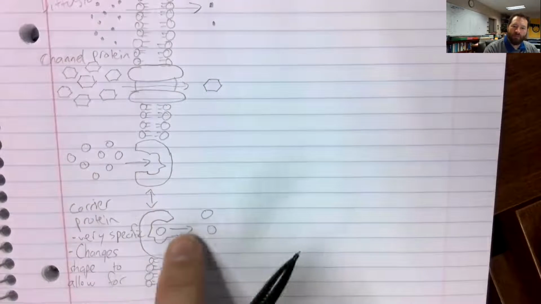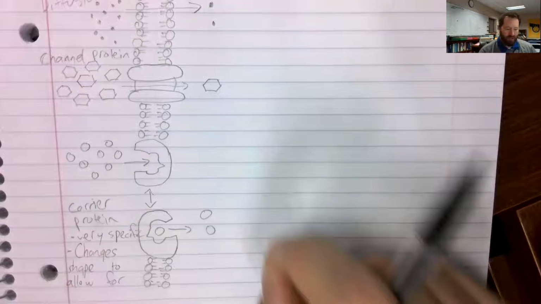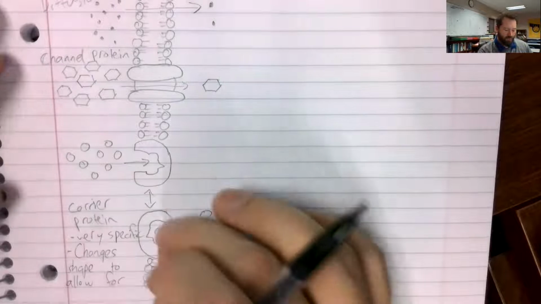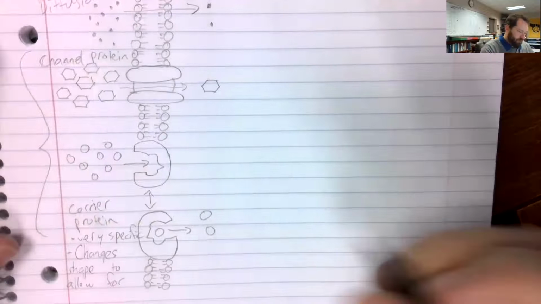These molecules go in, it closes on the back end, opens on the front end, and the molecules come out. Then it's going to shift directions again, open to the outside, molecules come in, closes, opens to the backside, molecules go out. These are both forms of what we call facilitated